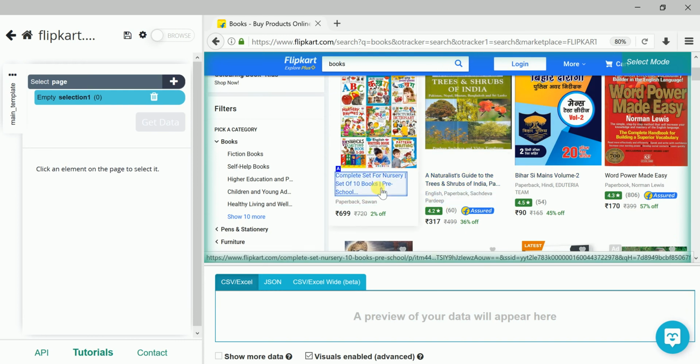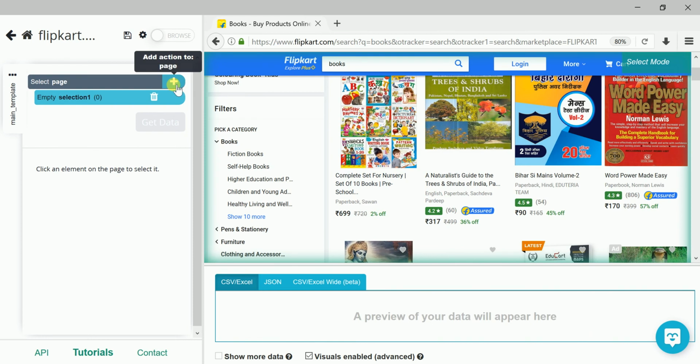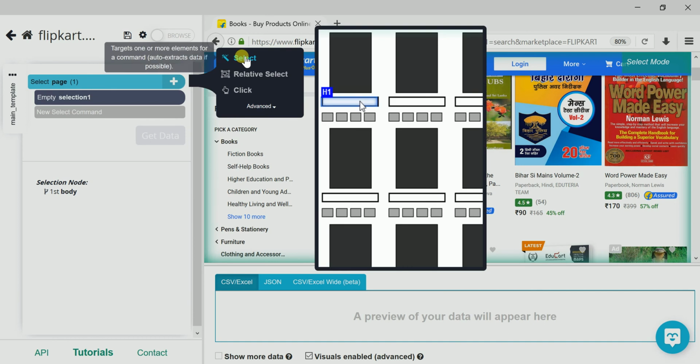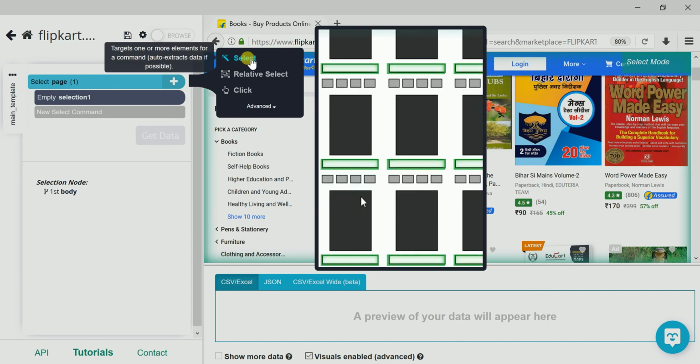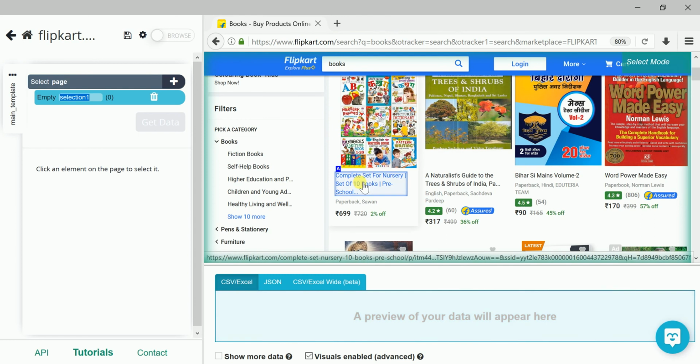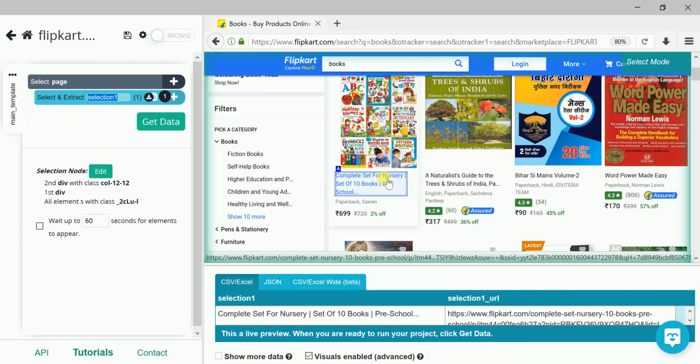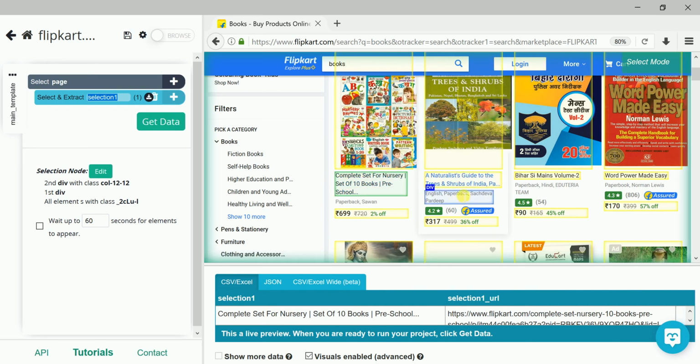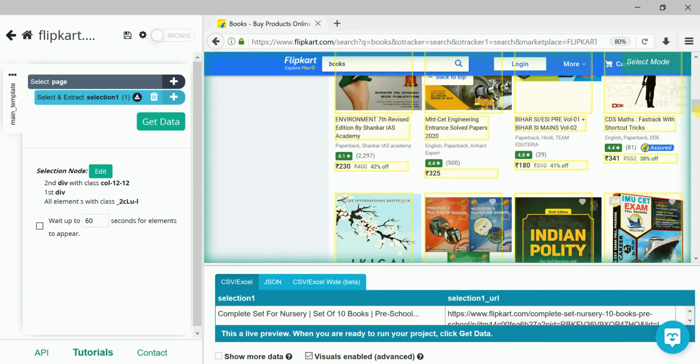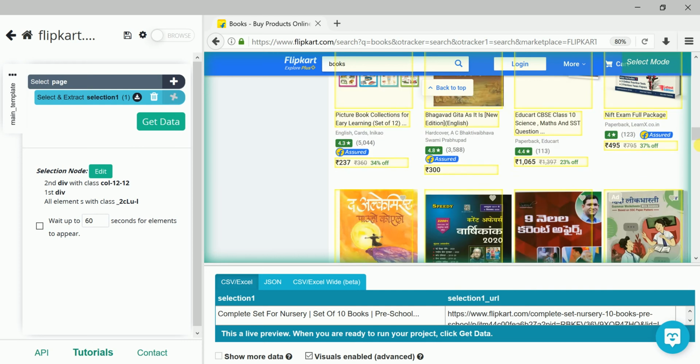So to do web scraping of the content, first we need to click this plus icon. Then we select this select button. Then we record the book name. So I need to click here. This is the heading. You can see all the relevant details with this will be highlighted in yellow color. You can scroll down and see all are highlighted.